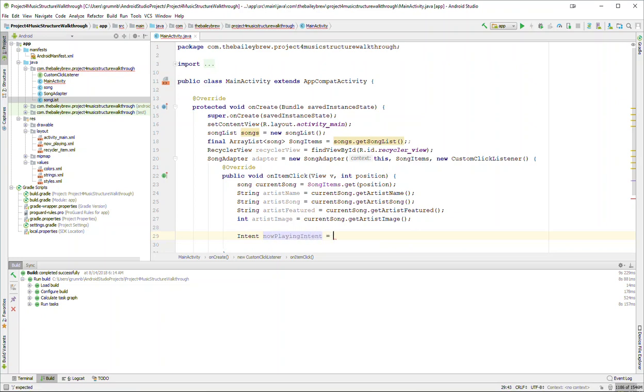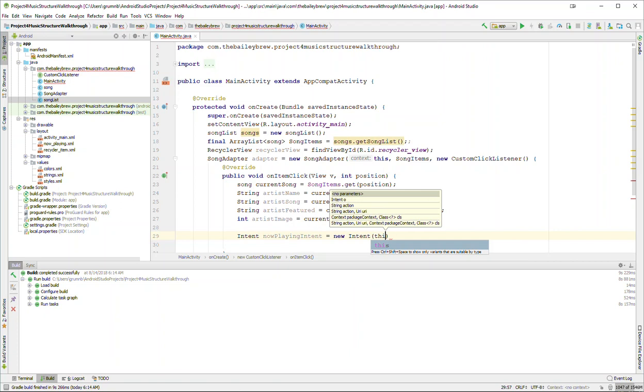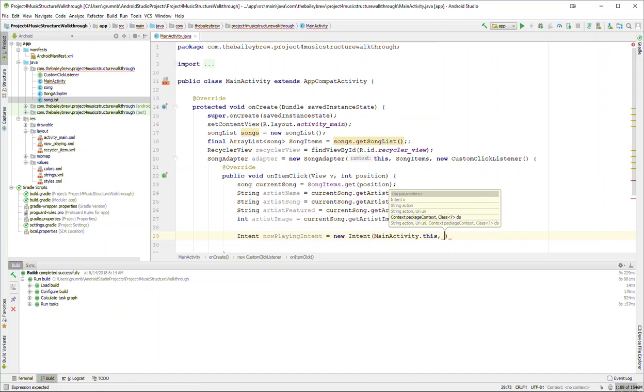Intent equals new intent from main activity.this, and it's going to go to our now